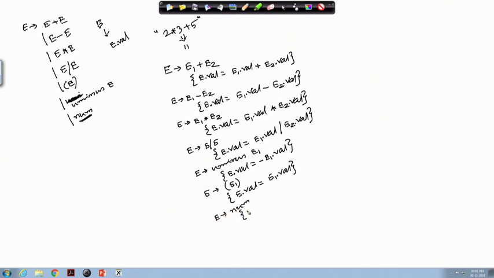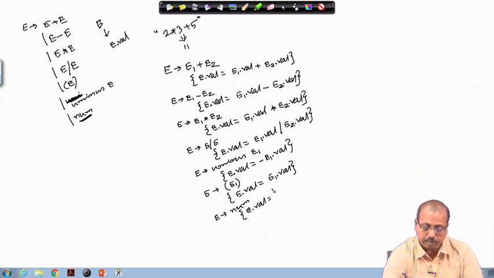Here E dot val will be equal to, if we assume that the lexical analyzer has returned the value of this token number in one attribute of it, which is num dot val. So, this will be equal to num dot val.